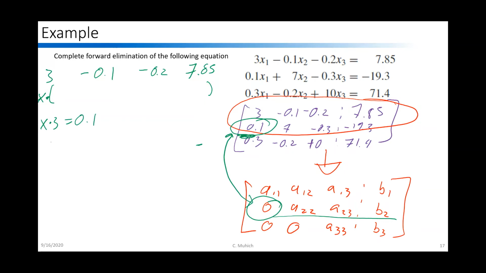Why we want to do this is because we can multiply this out. So x equals 0.0333, because now if I multiply that top row by that value, 0.0333 times 3, negative 0.1, negative 0.2, 7.85, when I multiply all these out, I get 0.1,